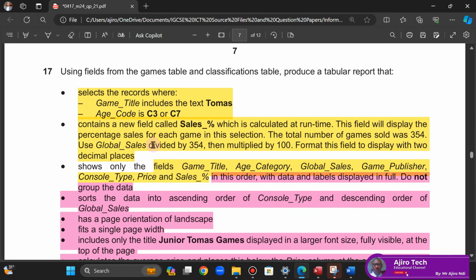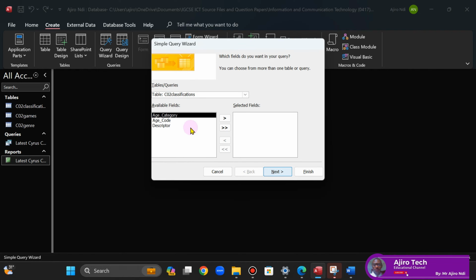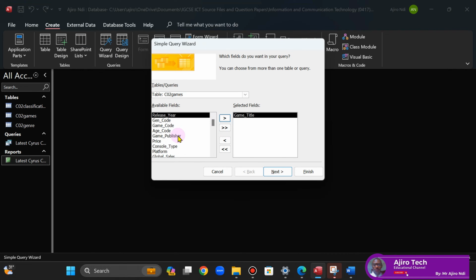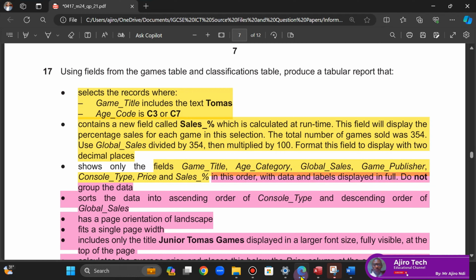Okay, so let's work with this game title. So you are not tampering with the queries. Don't go with the queries. It's just on the games and classification. So I'm going to move this. This is to move it one at a time. Age category. I can do the age category here. So that will be for classification. Okay. I can double click on it, whichever one. Global sales. Click. Okay, what else? Game publisher,